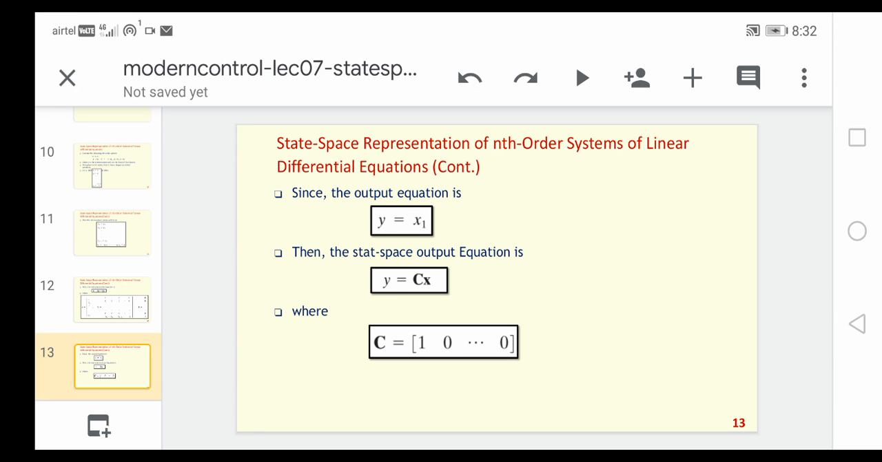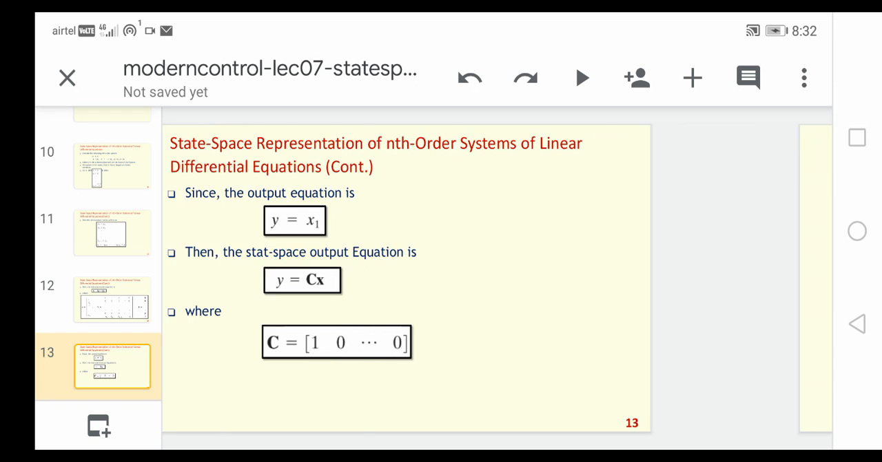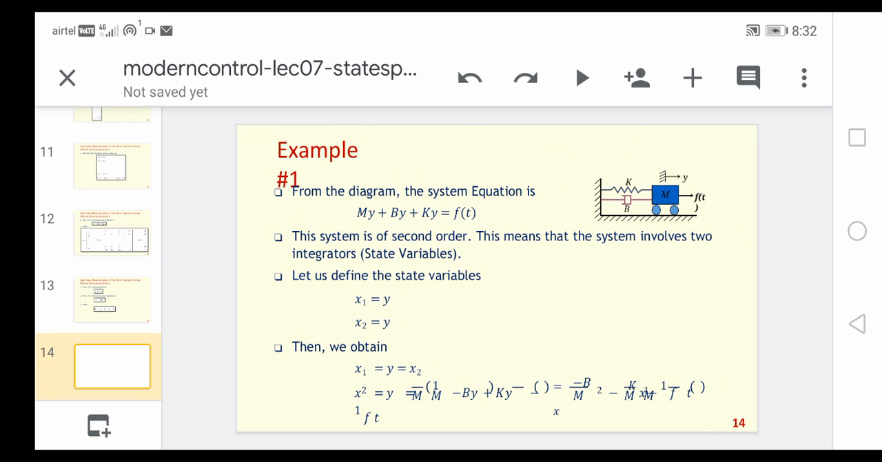If there is an x2 coefficient, then again you are getting 1, and there is no d coefficient, so the matrix D will be equal to 0. Now consider this diagram. We have a mathematical representation of a mechanical system. That mechanical system consists of a mass m